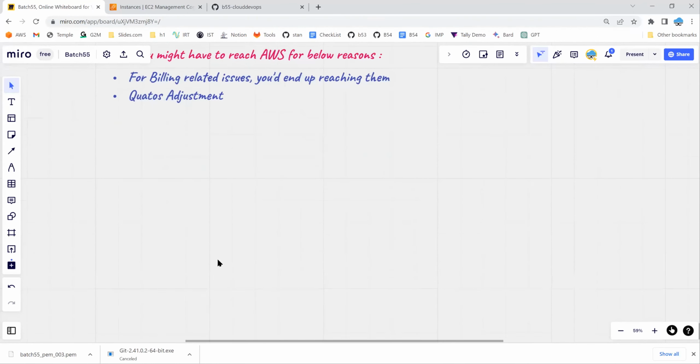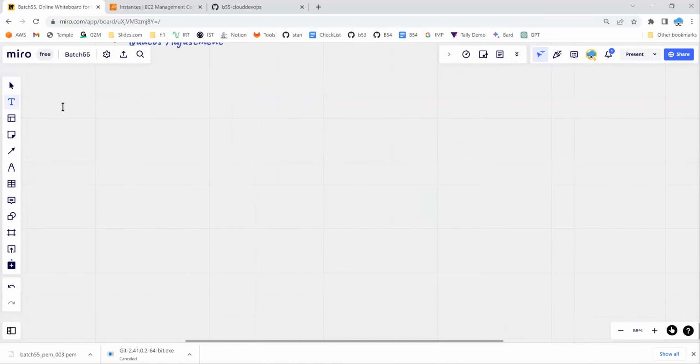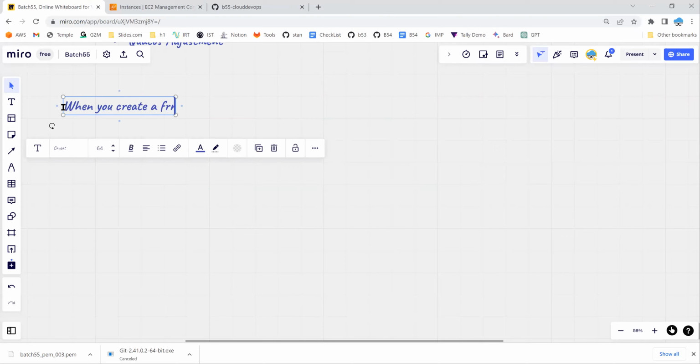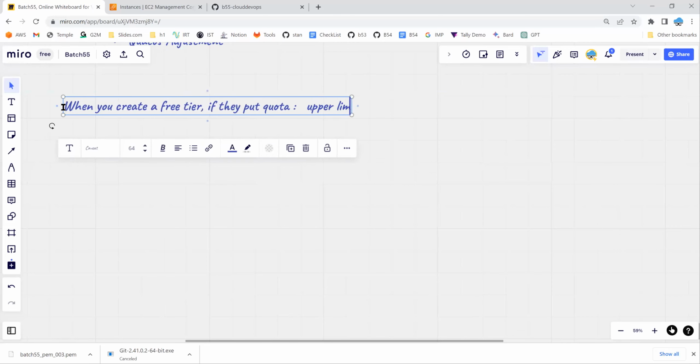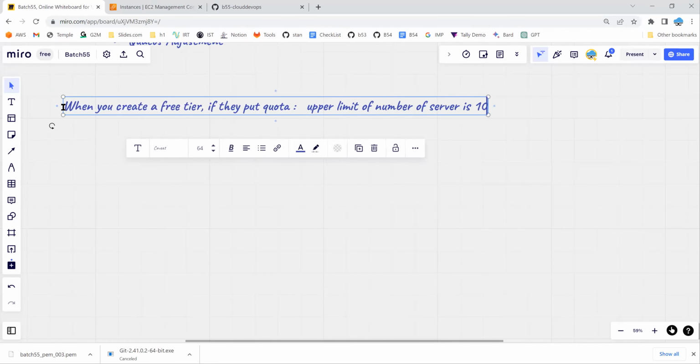For example, when you create an account, when you create a free tier, if they put a quota, like the upper limit of free tier servers, the number of servers is 10, you cannot create more than 10 servers,